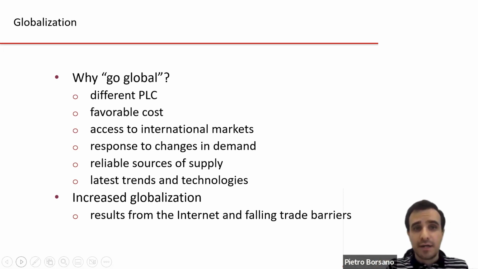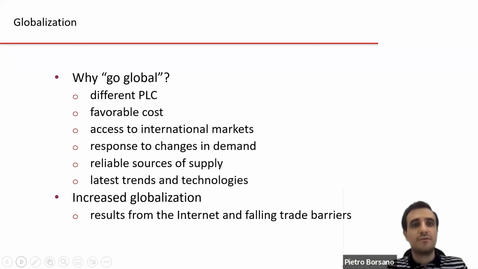One of the key reasons that led to globalization was to diversify the product life cycle, because companies, especially multinational companies, could sell older product life cycle products in emerging markets, and this enabled them to jump to the new product life cycle in advanced markets and to optimize the investment and the production costs related to the different product life cycles. So again, here we see the key major role of the product life cycle in operational strategy and the operational function,